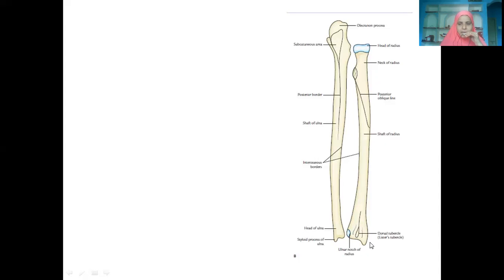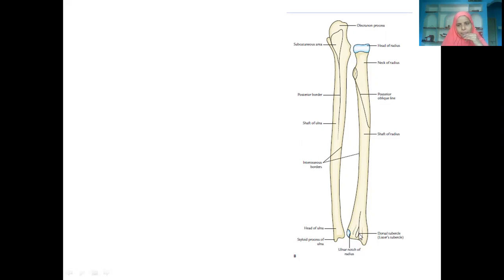Now coming to the posterior aspect, you remember I told you when we were talking about the humerus bone, we have the medial epicondyle and lateral epicondyle. The medial epicondyle gives origin to all flexors. We call it the common flexor origin. The lateral epicondyle gives origin to all extensors, the common extensor origin. So obviously, the posterior side will have extensors, isn't it? So all extensor tendons will be passing through the lower end of the radius to enter into the palm, because finally they will get inserted in the palm only, in the different bones we will discuss.